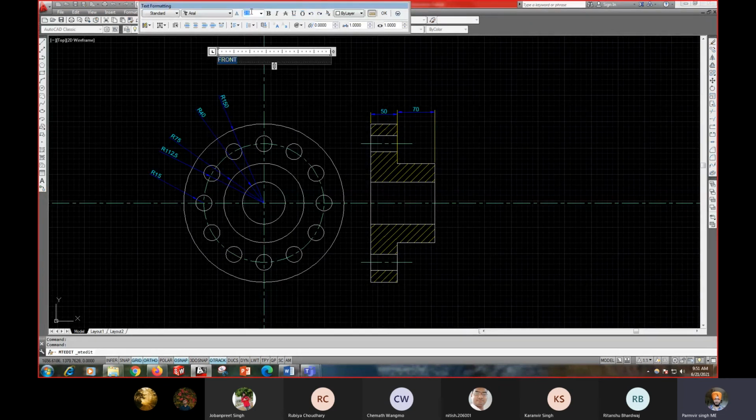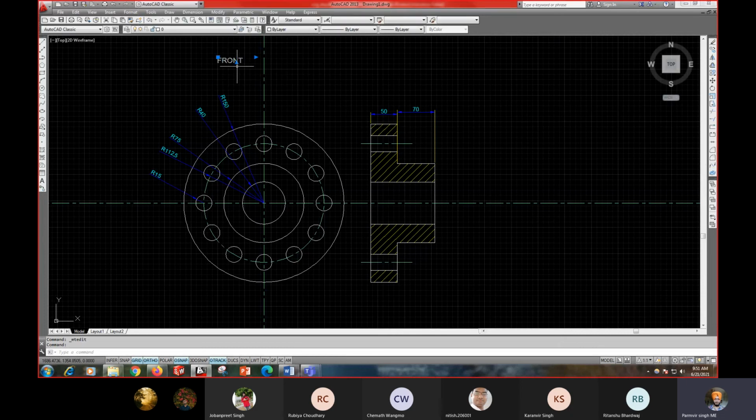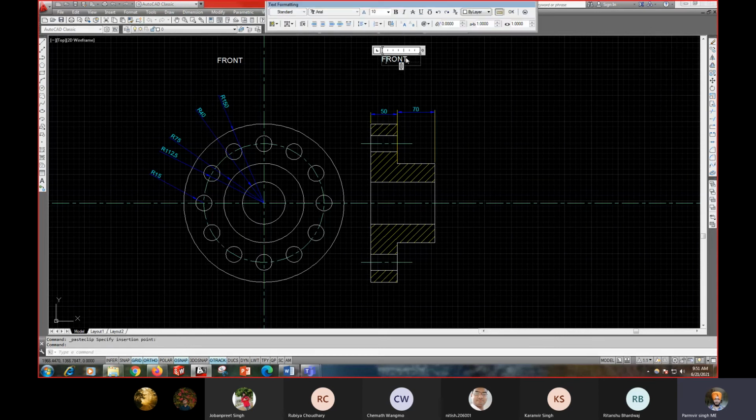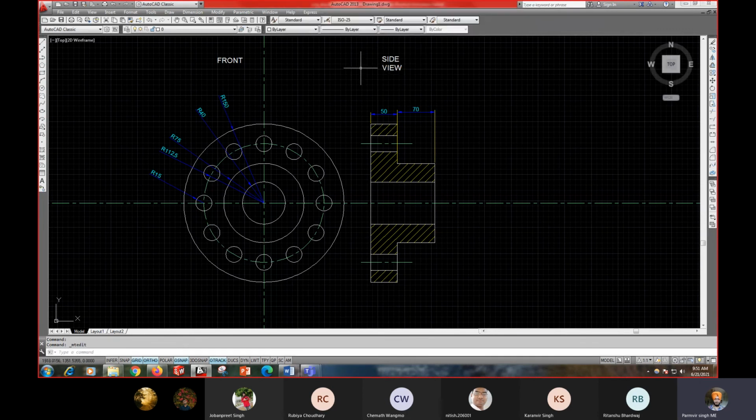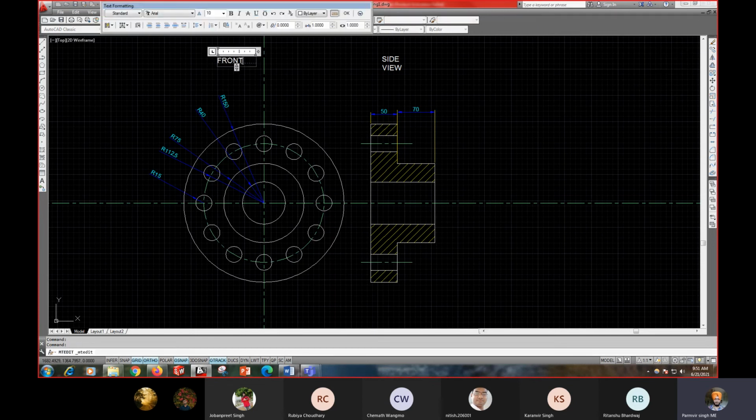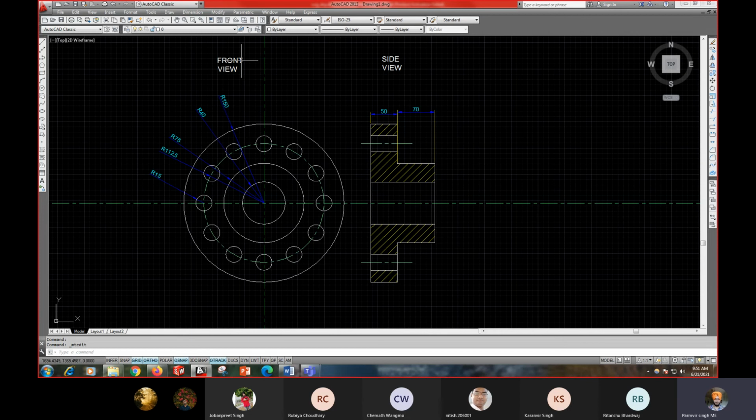So increase the size from here to 10, then press OK. Copy this and paste it from here to here, front view and side view. So here is your flange coupling part.